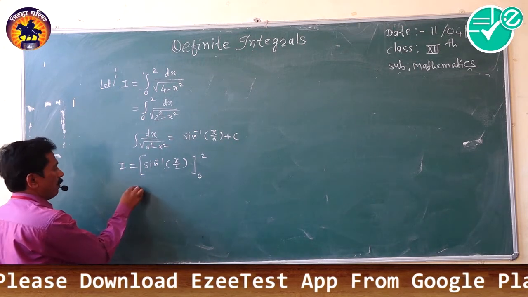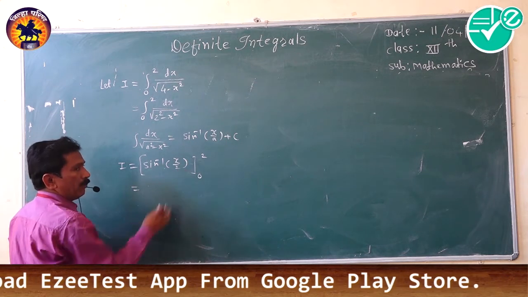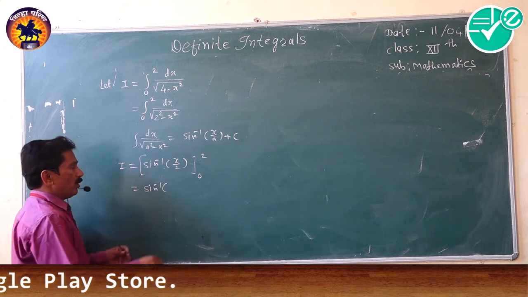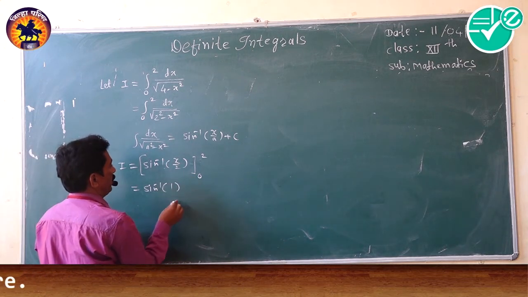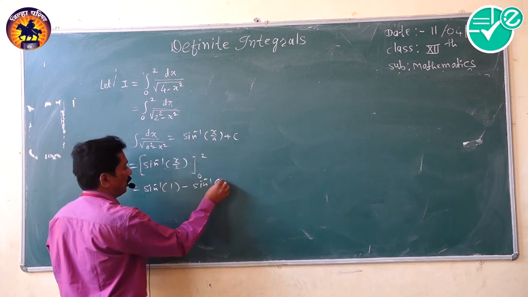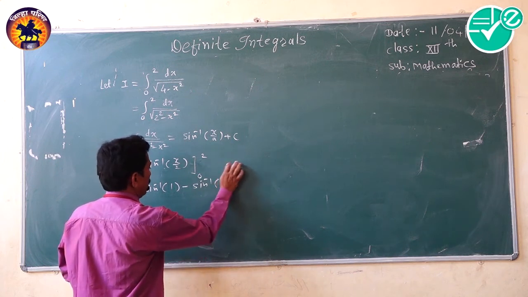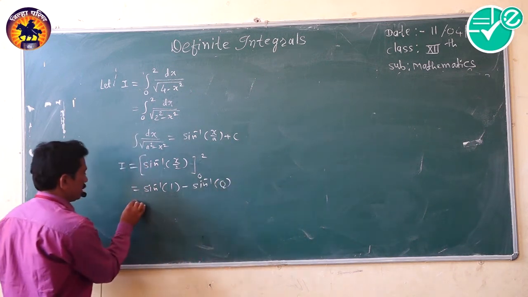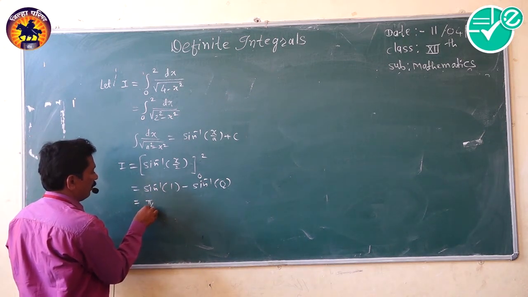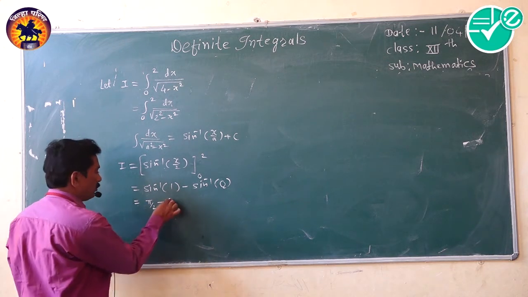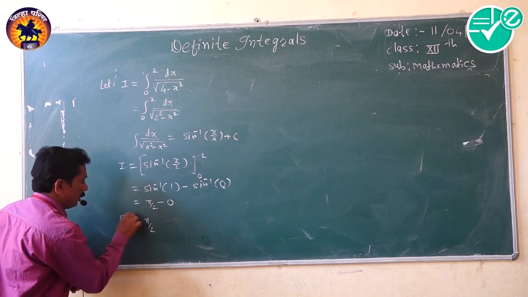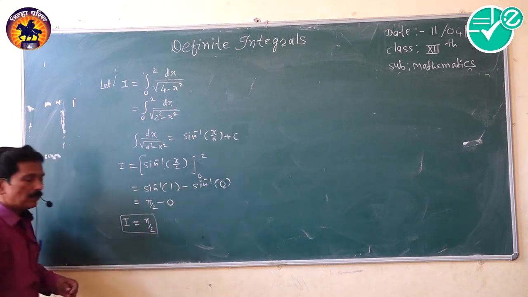Now this is equal to, substituting upper limit, sine inverse of x value 2 put, we get 2 by 2 is 1, minus lower limit, minus sine inverse of value of x equal to 0 put, 0 by 2 is nothing but 0, and this is sine inverse 1, that is, value of sine inverse 1 is pi by 2, sine inverse 0 is value 0, therefore I is equal to pi by 2. This is the final answer.